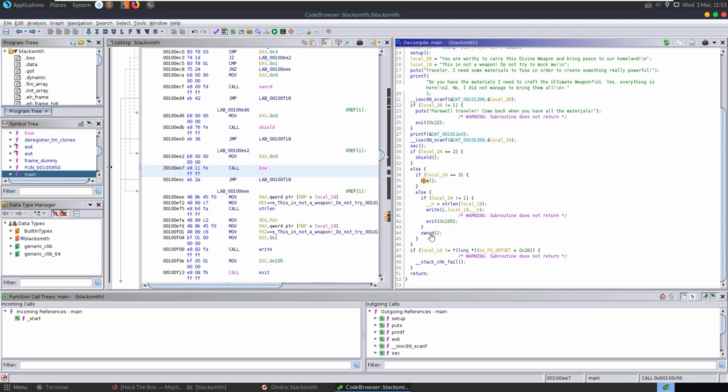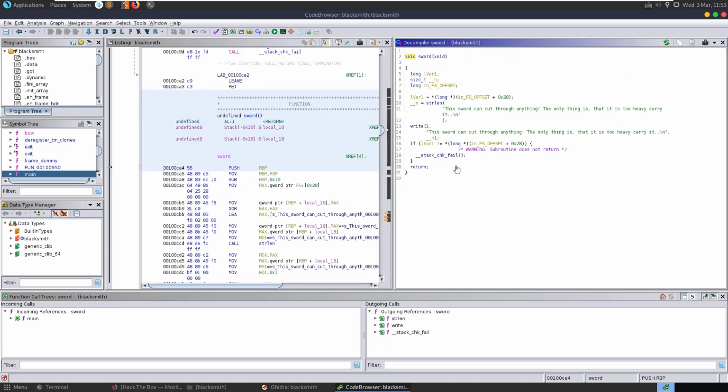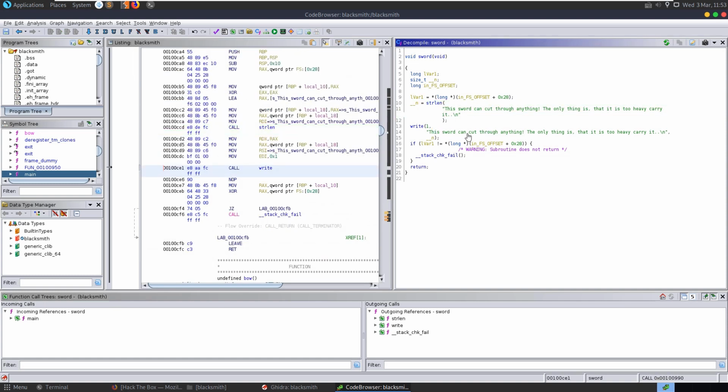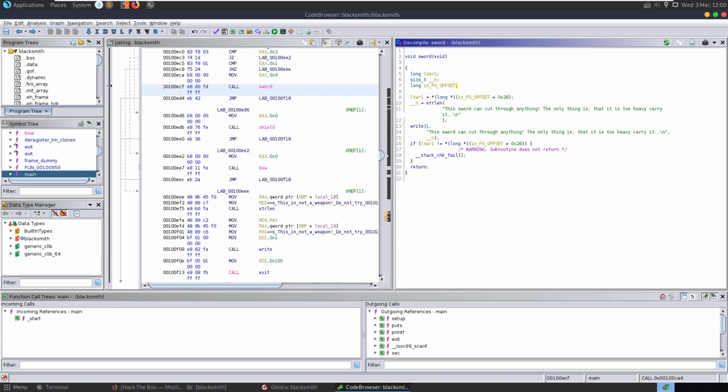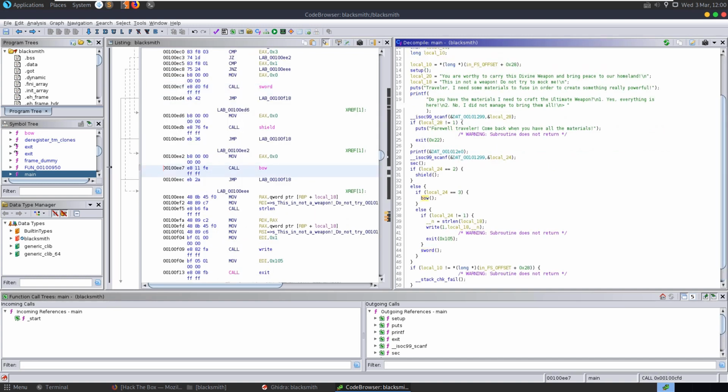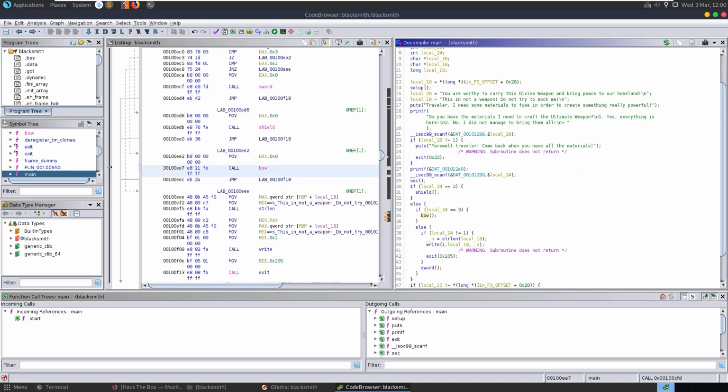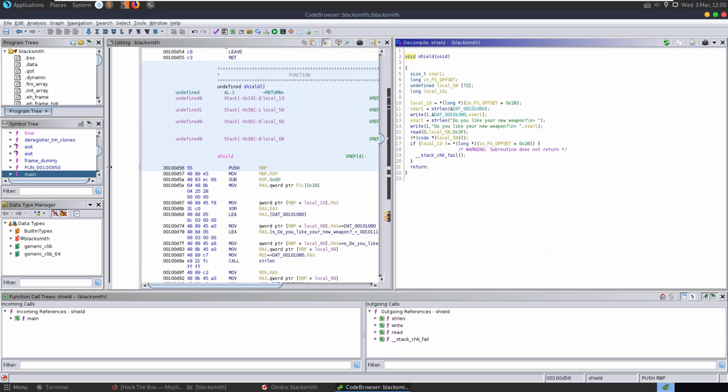Let's have a look at the sword as well. And the sword is the same. So the sword just prints out these values. It doesn't take anything from us. There's no buffer overflow issues here. So let's just verify this by going back to our function which does have the read call in it, which is the shield function. If we go to the read call,